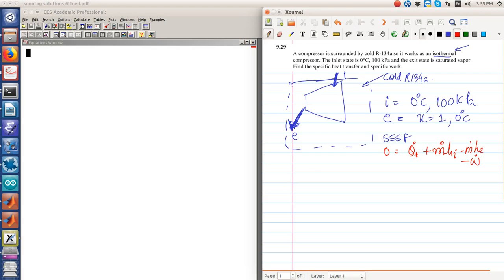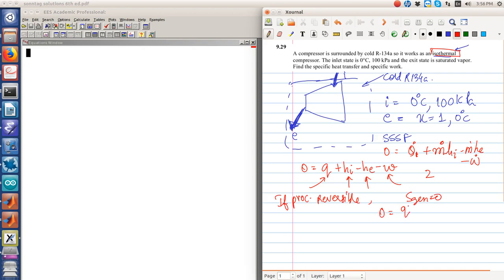If we divide everything by m dot, 0 equals Q plus h_i minus h_e minus W. We have neglected the kinetic energy and potential energy changes. Here we know what h_i and h_e are, but we do not know what W and Q are. There are two unknowns. Because we know that the process is an isothermal process, we can use the fact that if this process is reversible, then S_gen equals 0, and the second law gives us